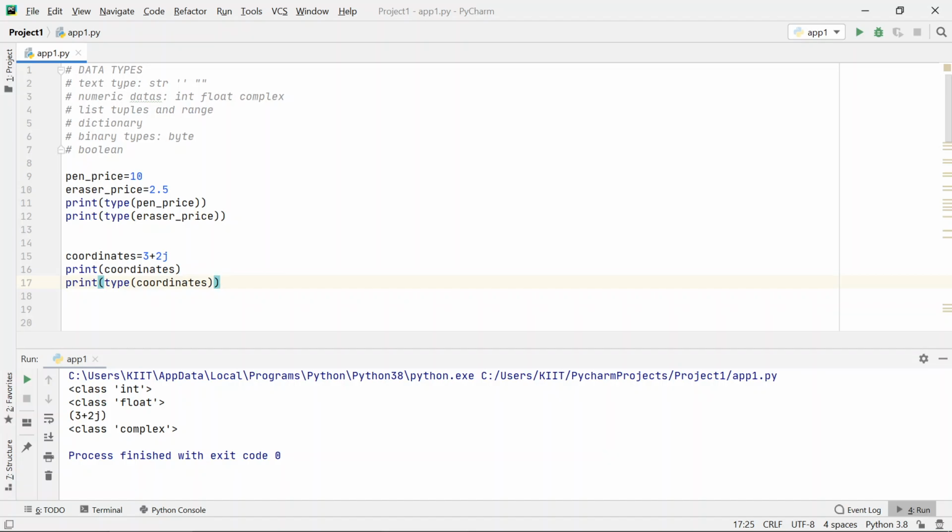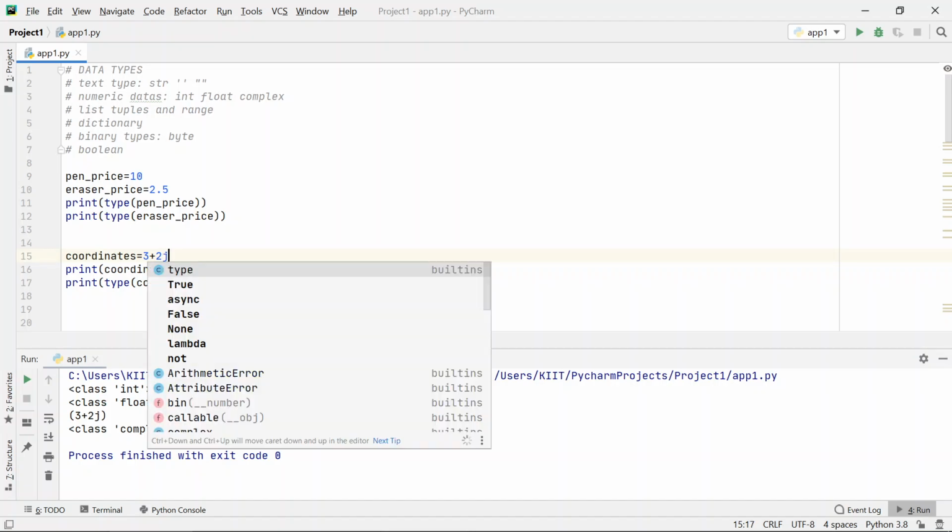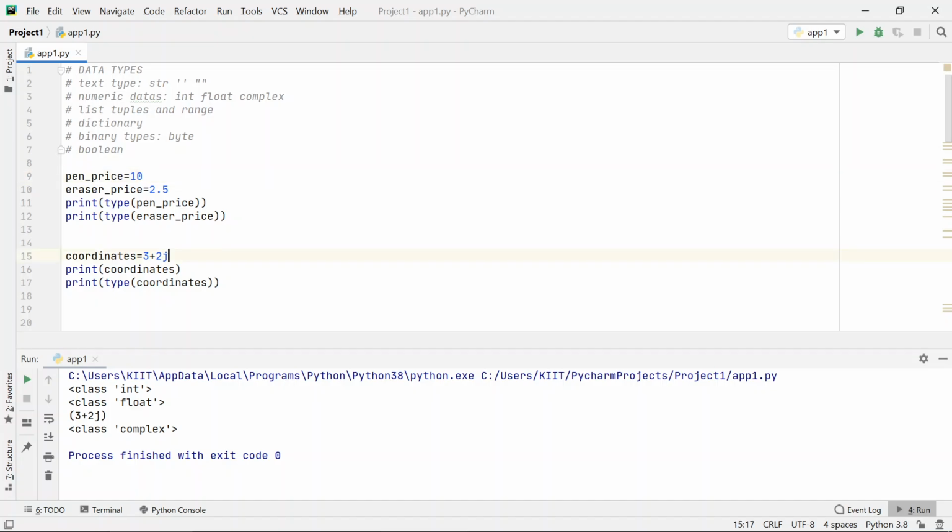Now keep in mind that some people have got the practice of writing the imaginary part by linking it to the character i instead of j. Mostly ISC students do that. So in Python we are not allowed to write i. We can only use j for the marking of imaginary part. Okay, otherwise you will get an error if you use i or something other than that. Okay, moving forward.